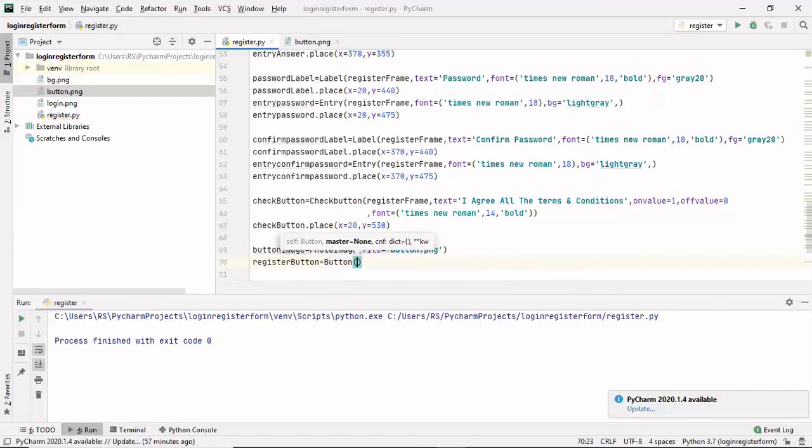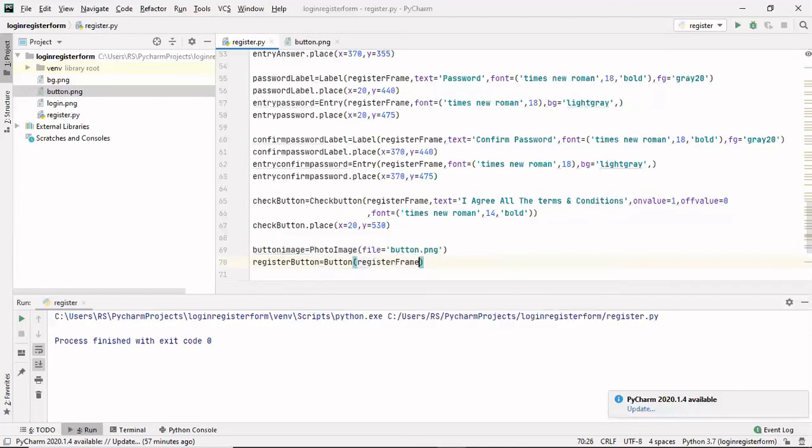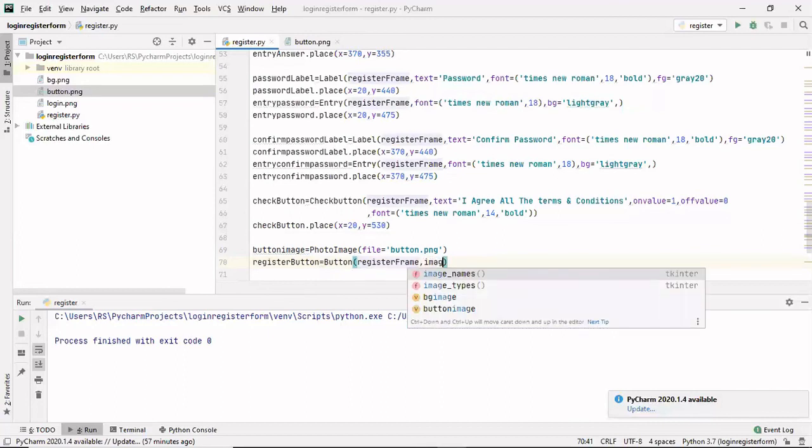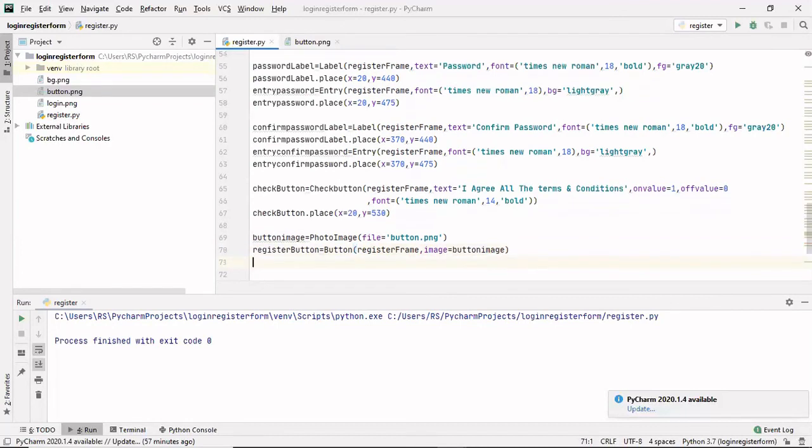Okay, and this button will be on my register frame. Then the image will be this button image. If I simply place it now, so register button dot place, I'll place it from the x-axis at a distance of 250, and from the y-axis at a distance of 580. Now if I run this,